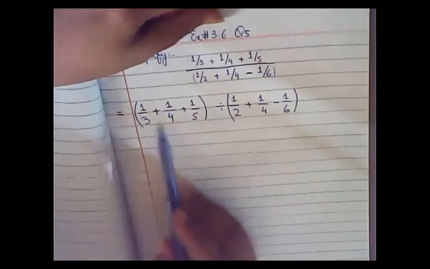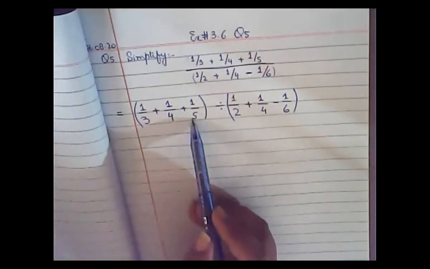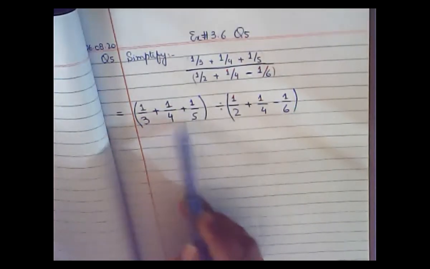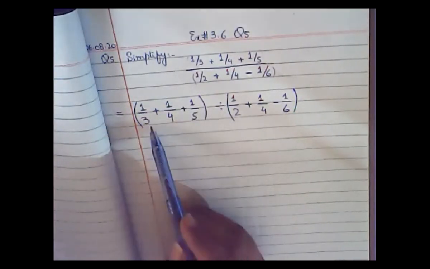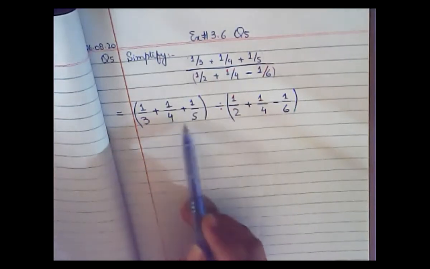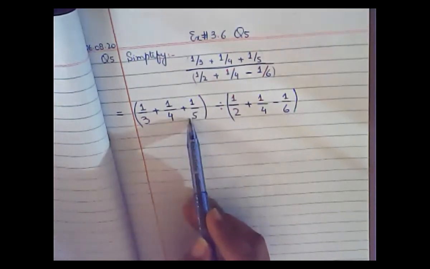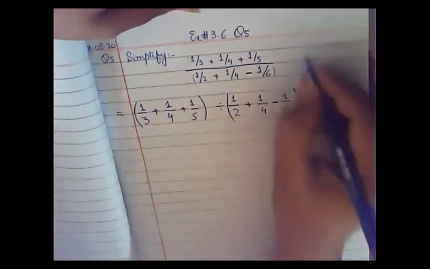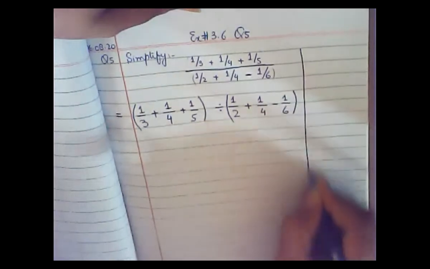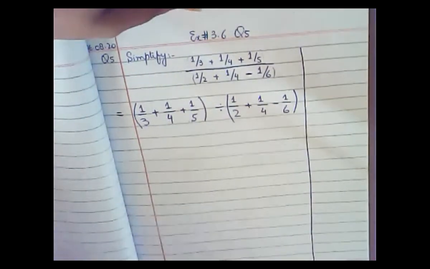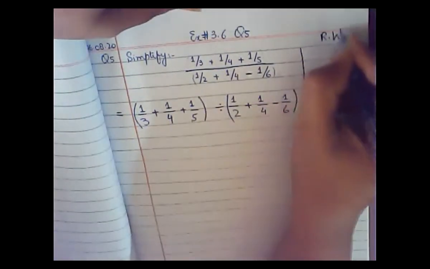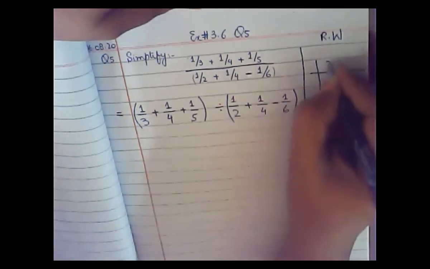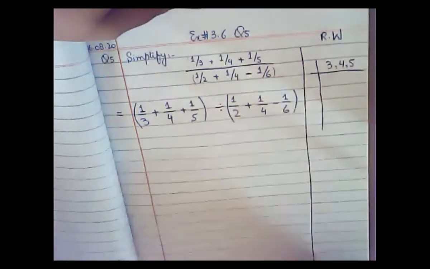Now here you have 3, 4 and 5, and you have to add them. You cannot simply add them because your denominators are different here. So you have to pick a number that is common to 3, 4 and 5. Before this, I'm going to take the LCM of 3, 4 and 5 in the working column. This is a must, you have to make the working column. So inside the working column, I'm going to find the LCM of 3, 4 and 5.